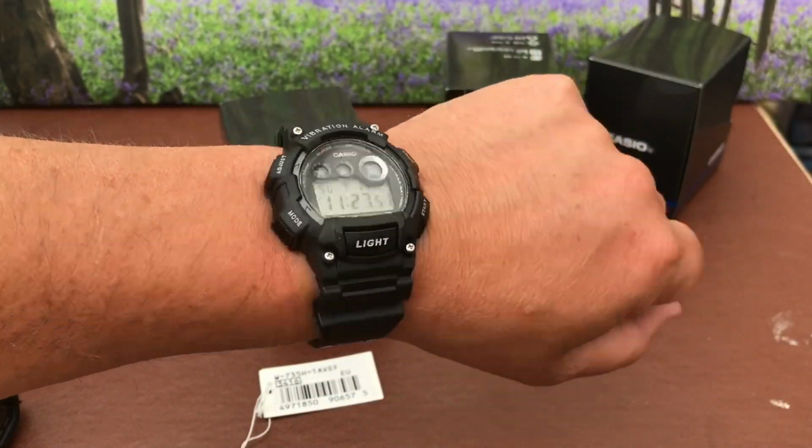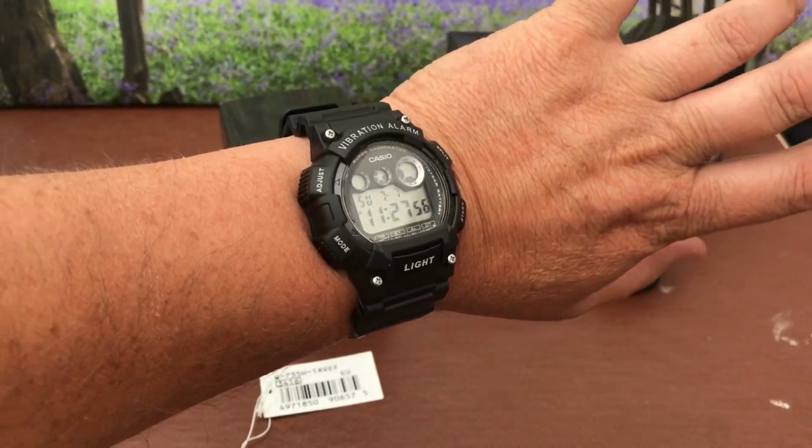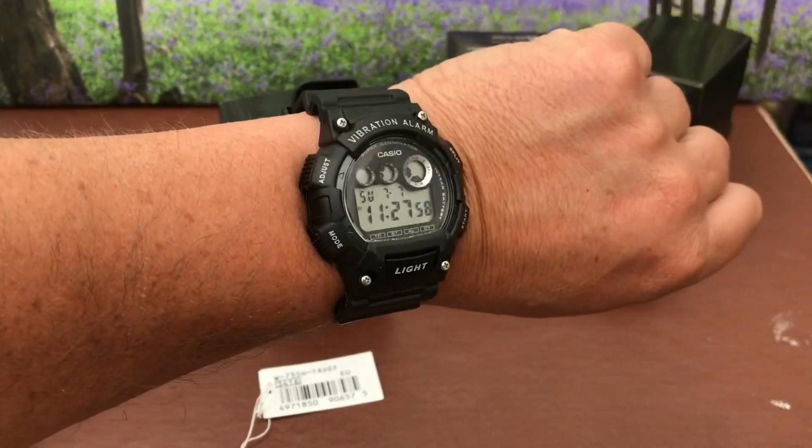So really nice and easy to use. I actually really like this one. Great little watch for 20 quid. But anyway, let's save any more information for the full review once I've worn it a bit more, and we'll